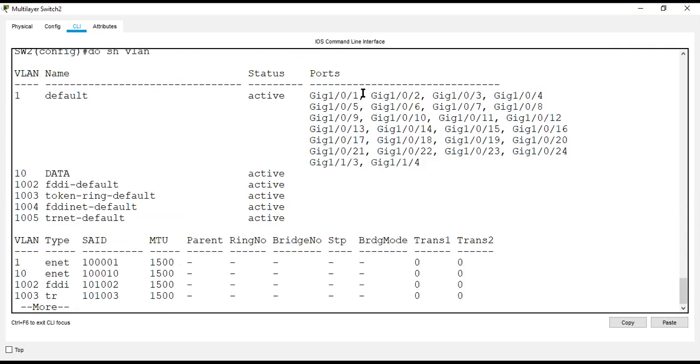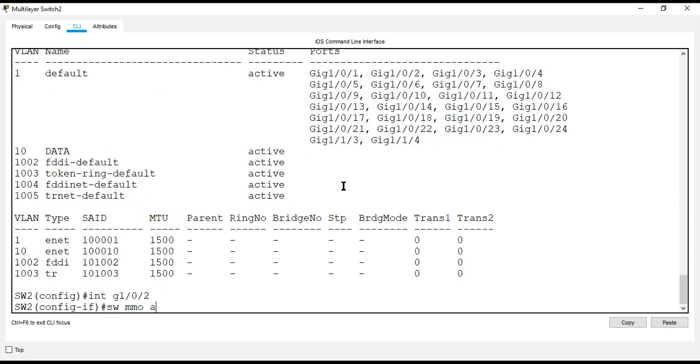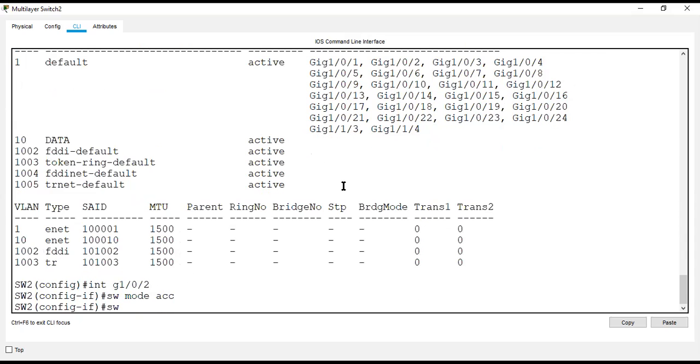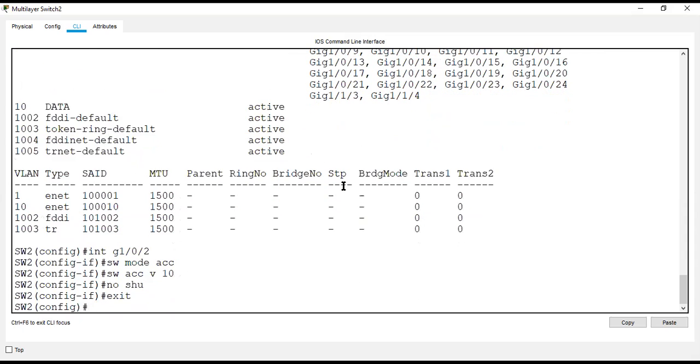You can see port G1/0/2 is connected to PC2. Interface G1/0/2, switchport mode access, switchport access VLAN 10, exit. No shutdown is not mandatory.